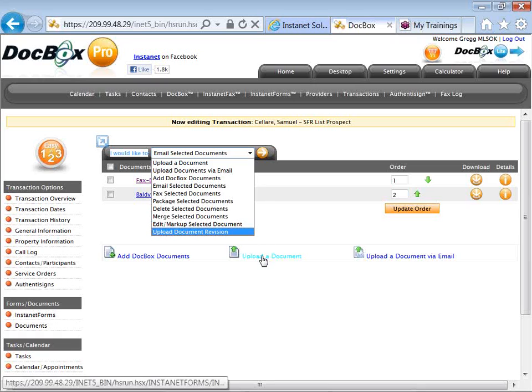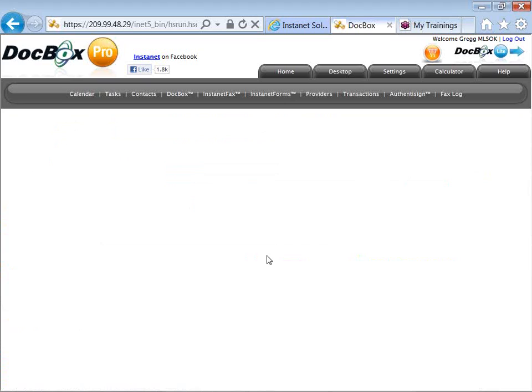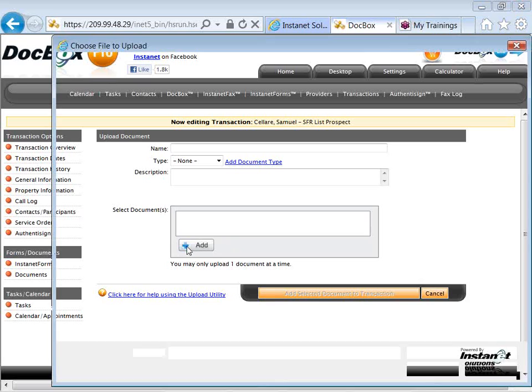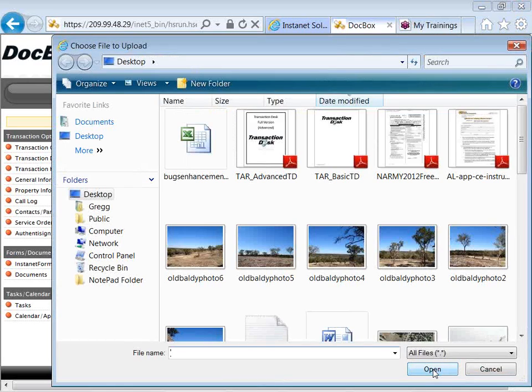So the one we want to do here quickly is upload a document. So either choose it from the drop-down or just click on the link here on the center of the page. That's going to give us an opportunity to access those documents we have stored locally just by clicking on the plus sign. It's going to show me a folder, whatever the folder I was in last time, just my desktop, which is fine, and I will